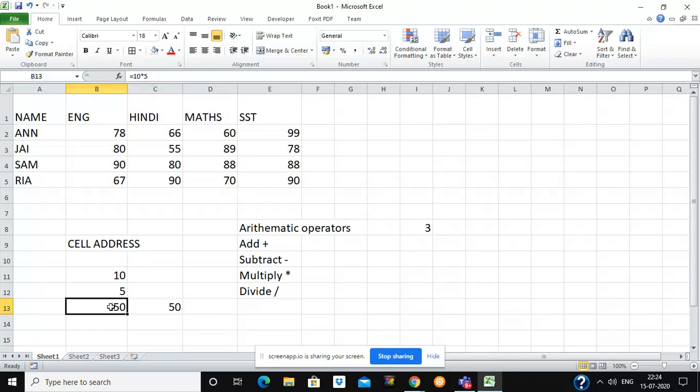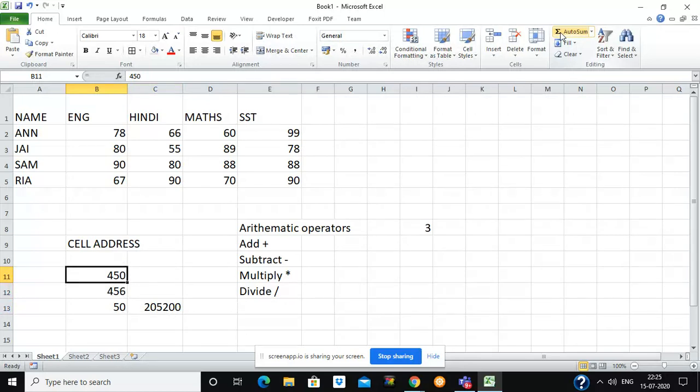So both are correct. 10 into 5 is also 50, or if I use the cell address like this, it is also 50. The difference is that if I change the value of 10 to some other value, like I am changing it to this, automatically you will see the answer is changing, but here it will not change. Suppose I change the value of 5 also to some other value, and automatically the formula will recalculate.